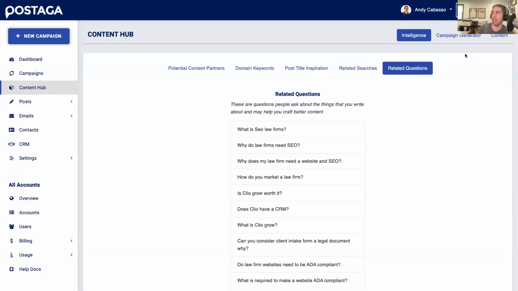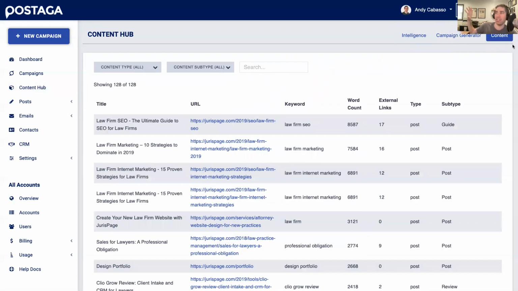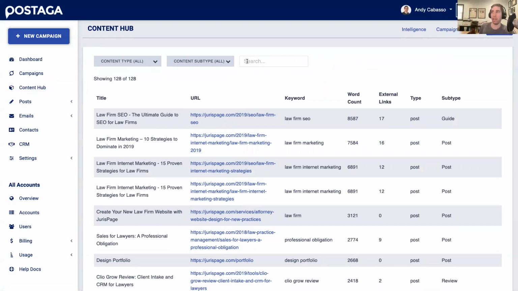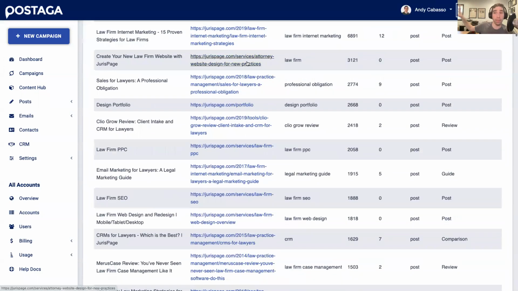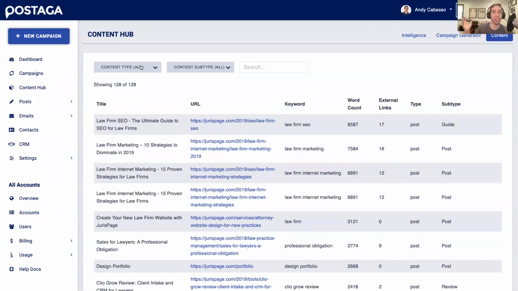Before I get to this campaign generator, I want to talk about this content tab, which basically takes stock of all of the content on your website. So all of the pages, all of the posts, categorizes them by what type of content it is, as well as further breaks down a subtype. So if it's a guide blog post or a question type of blog post, it breaks all of that down. And so if I click on content type, I can see, for example, all of our